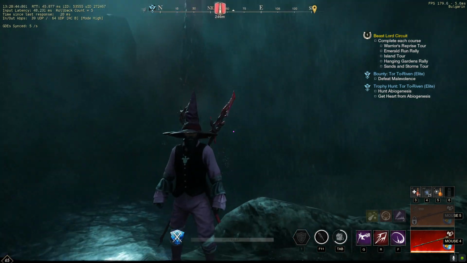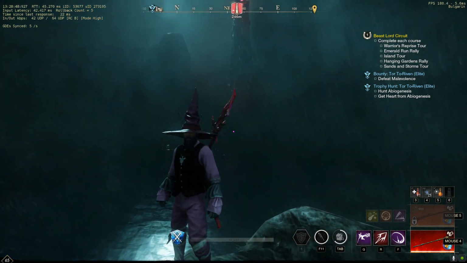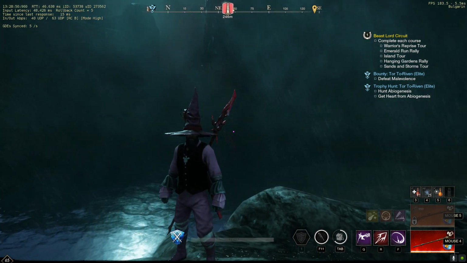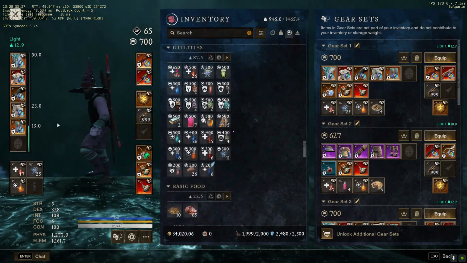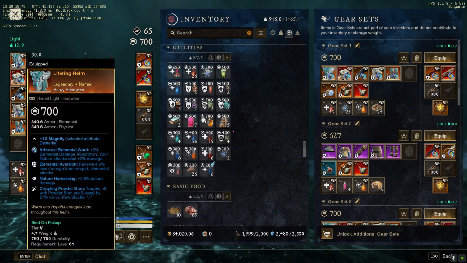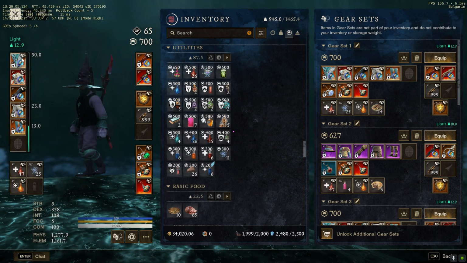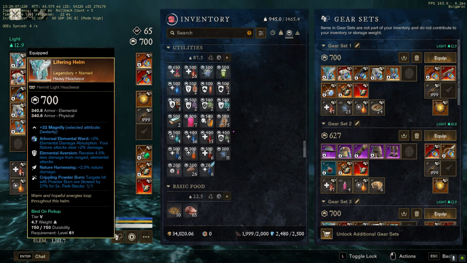I'll just go quickly through my gear and then my abilities, and then I'll show you guys my skills setup. So here we go. First, and pretty much for all my builds, I always use featherweight, and then I always use life ring helm, and I always use the life ring shoes. So if we go from top,